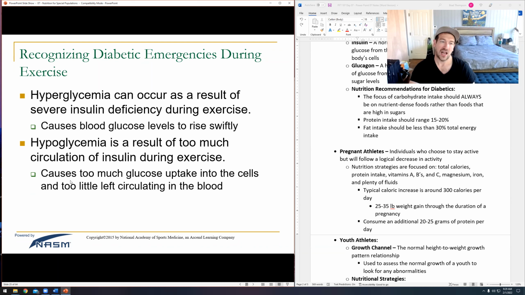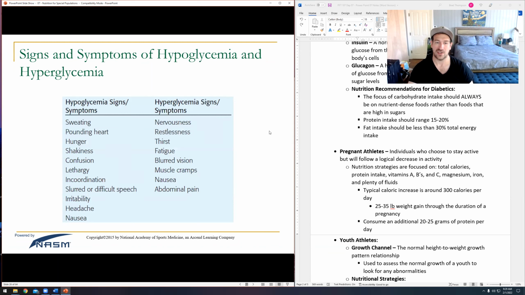That sucks. And then there's hypoglycemic, where too much insulin drives all the sugar out of their blood and causes them to feel really nauseous and sick. So watch for that. With hypoglycemic, they'll be very hungry. They will get shakiness in both of these, which is kind of a bummer. But they'll feel very incoordinated, irritable, headachy, all the things that all of us experience when we haven't had food in a couple hours.